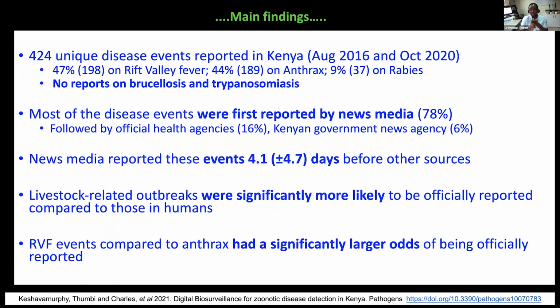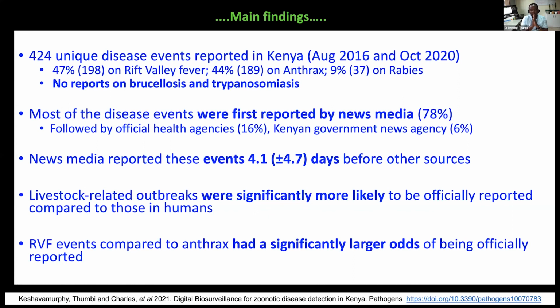The other really important finding is that most of the disease events were first reported by the news media and then followed by other official health agencies. But importantly, we could detect from our data that news media were reporting events up to 4 days before other sources could report. But importantly, we found that livestock-related outbreaks are significantly more likely to be officially reported compared to